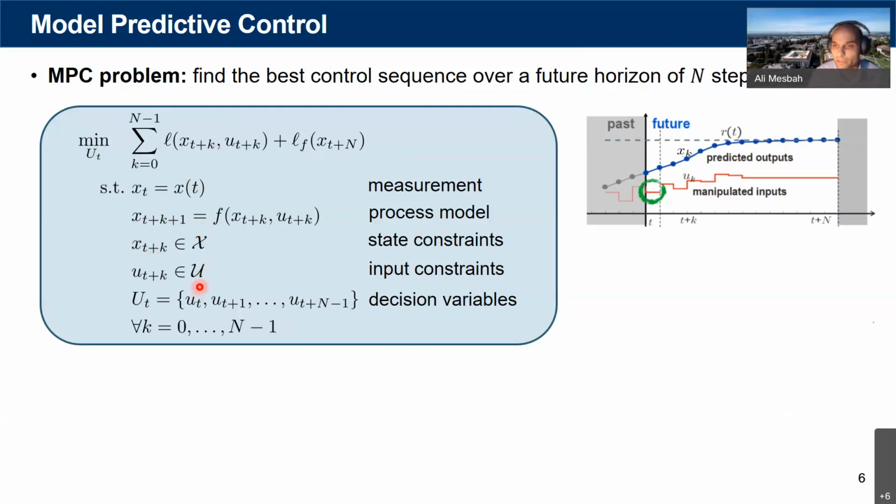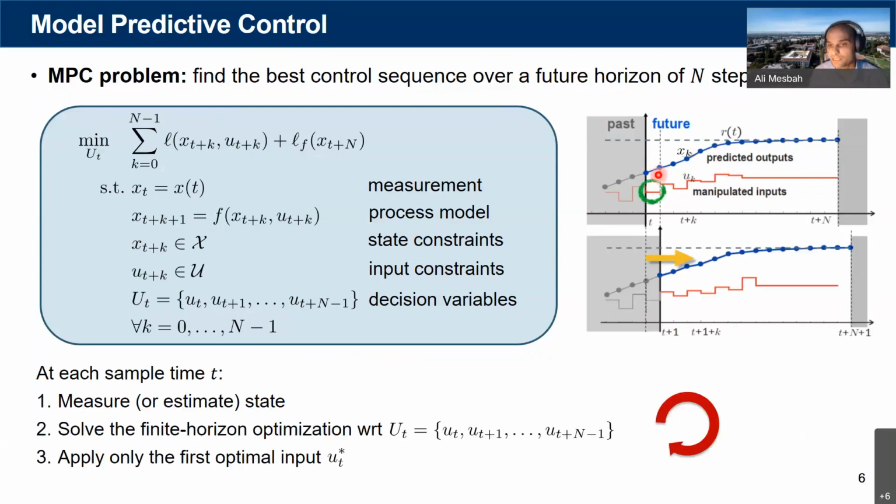And basically the way that we go about this, we use this prediction model to essentially, in the simple case of set point tracking, minimize the difference between the set points and the current state, right? And this is in order to design our input sequence.